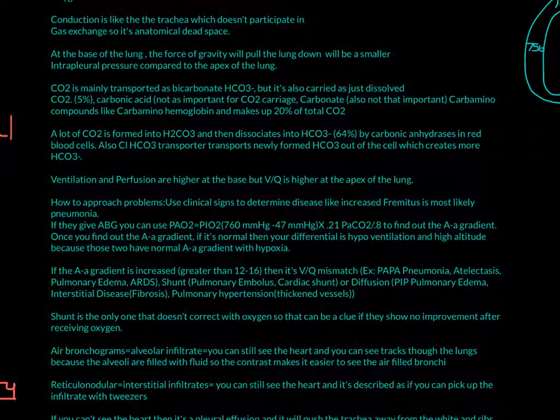If the AA gradient is increased, if it's greater than 12 to 16, which is the general normal for AA gradient, then it can be 3 things. It can be VQ mismatch, so my acronym is PAPA: pneumonia, atelectasis, pulmonary edema, or ARDS. It can be a shunt, so it can be pulmonary embolus or cardiac shunt. Or finally, it can be diffusion, so my acronym here is PIP: pulmonary edema, interstitial disease, fibrosis, or